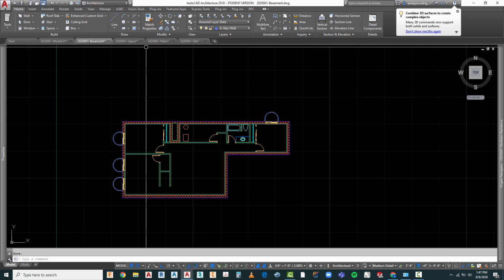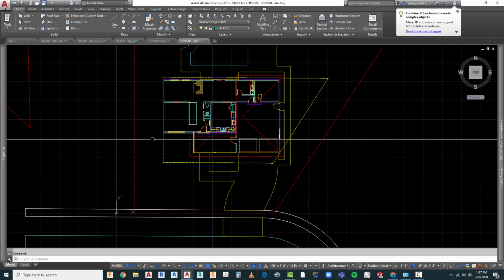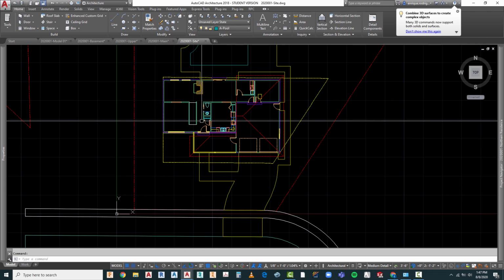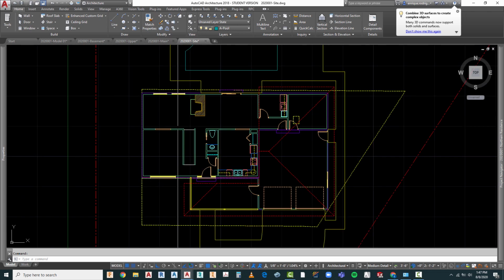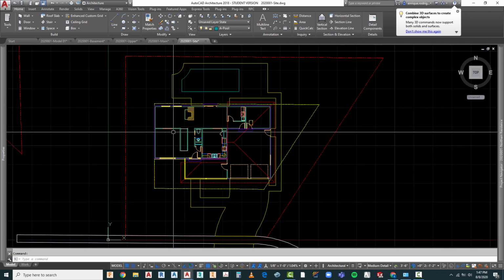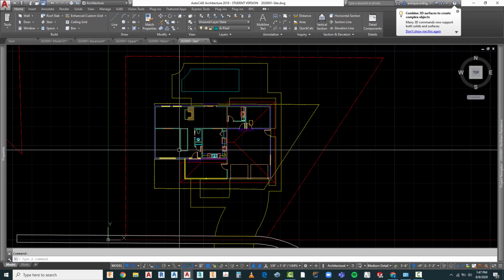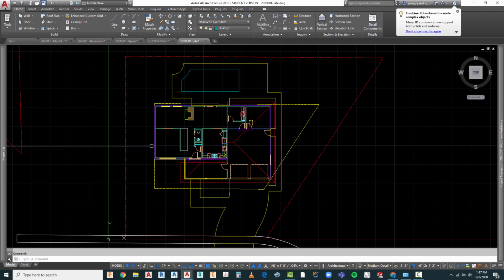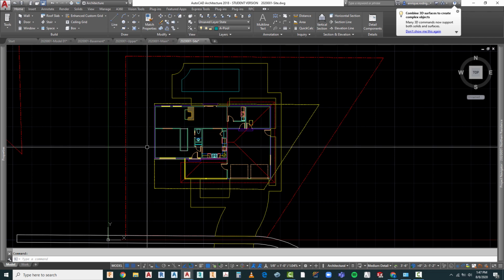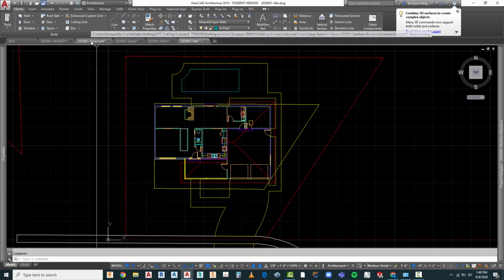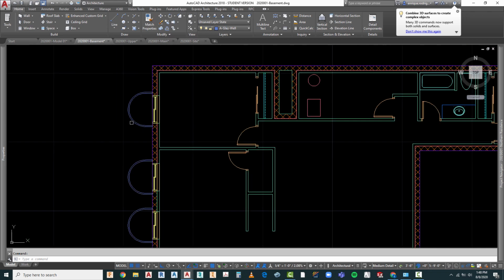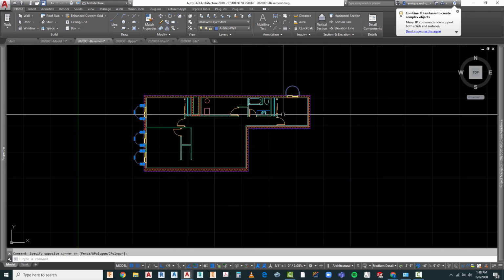Now let's go back, and if you notice, if we go back to our site, we want them to show here, but they were drawn on a basement level that does not show here on the site. Now it is a two-dimensional drawing, so we could bring in the XREF here temporarily to take a look at it, or in some cases what we end up doing is we'll go to the basement and we'll copy clipboard these and bring them